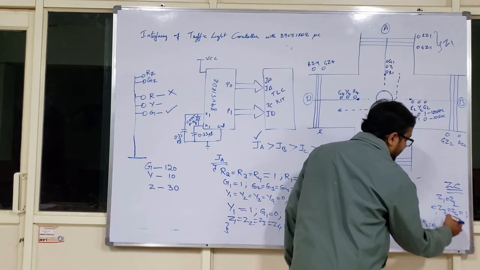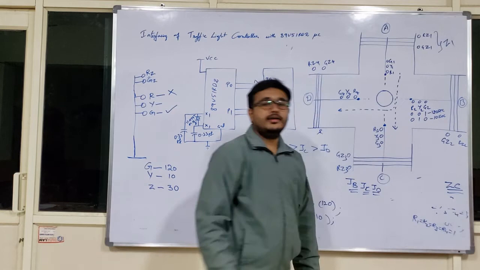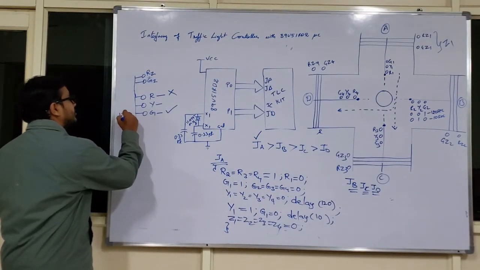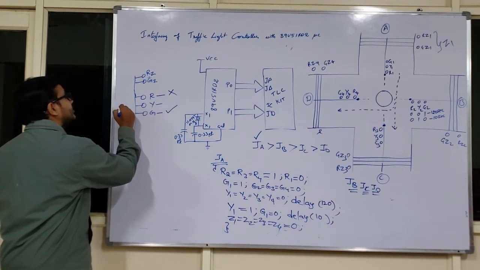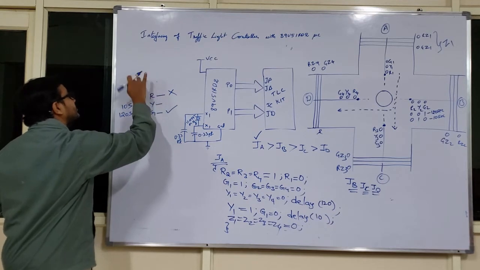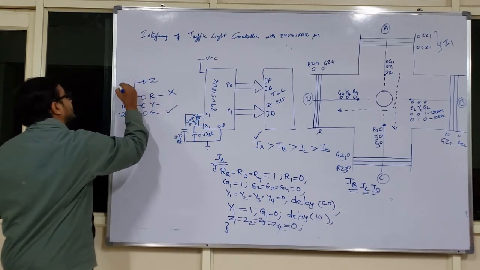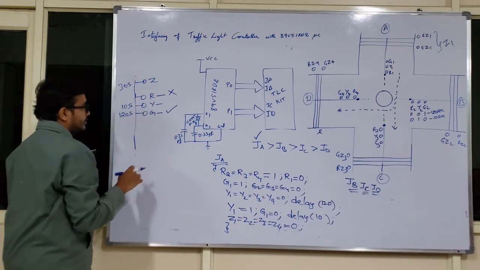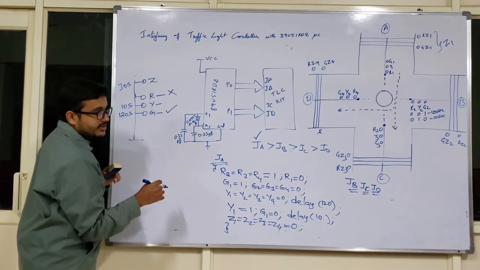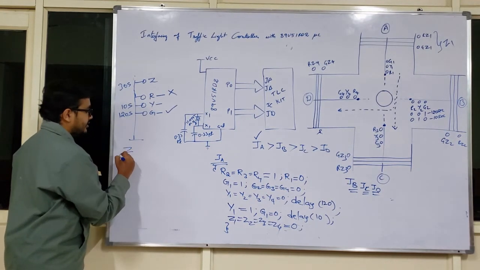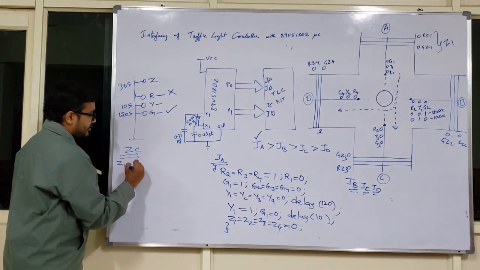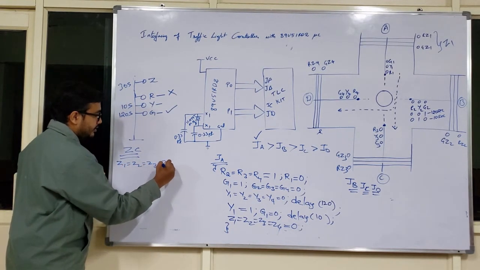Okay. At the same time, again let me write here clearly. This green is for 120 seconds, and yellow is for 10 seconds I have taken, and zebra crossing light Z, let it be 30 seconds of time. Okay. Now junction A, junction B, junction C and junction D got completed. Now it is for the zebra crossing ZC activity to happen, where all your Z1 should be in logic 1 state.